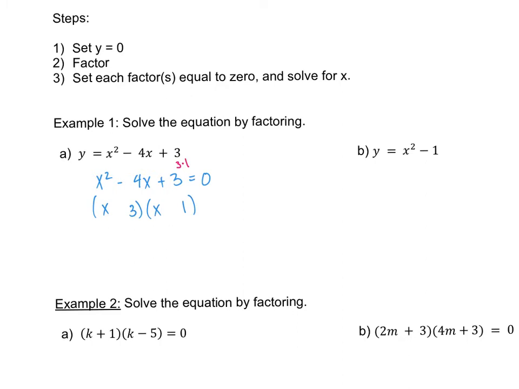Now, when I look at this, I notice the constant is a positive number, so either they're both positive or they're both negative, to make a positive 3 when you multiply. Now, because the middle term is negative, I know to make both of these negative. So negative 3 times negative 1 gives me positive 3. Negative 3 plus negative 1 makes negative 4. So this works. So now that you've basically factored, notice how the power here for the factors is x to